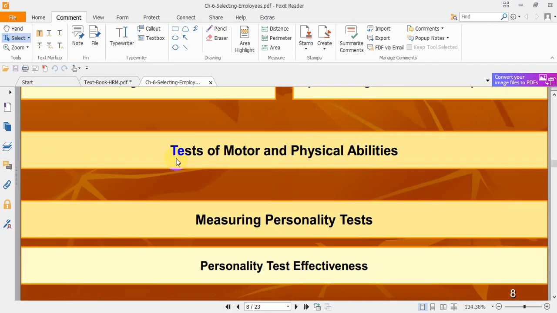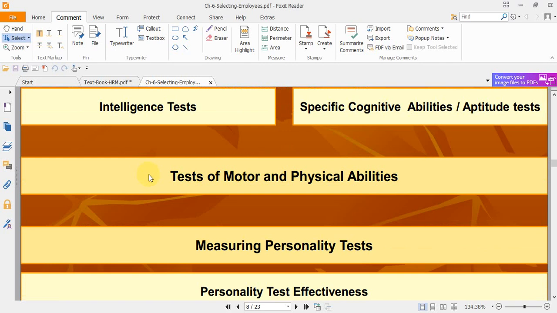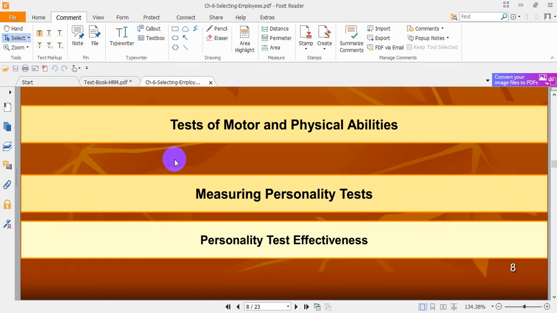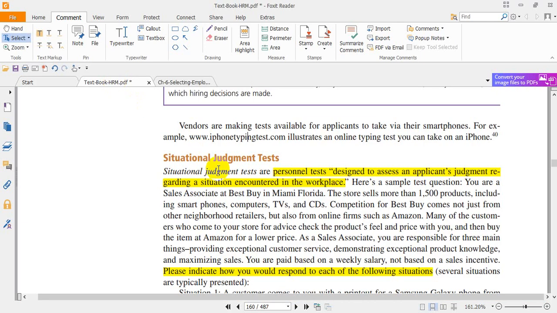These types are such as cognitive abilities and tests of physical abilities, measuring the personality abilities and personality effectiveness, testing the interest inventories and achievement tests. Today we will continue and proceed by explaining